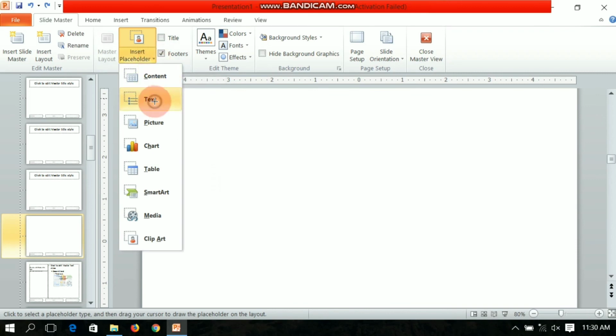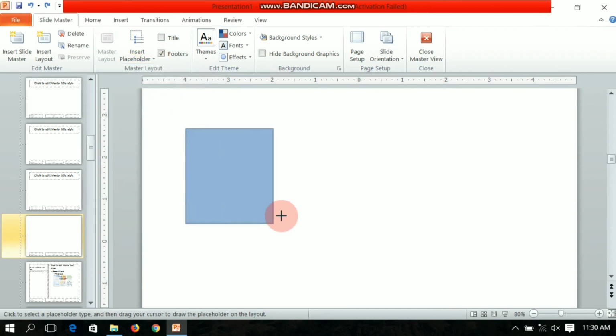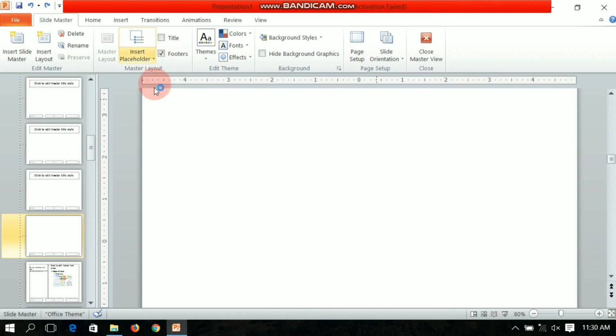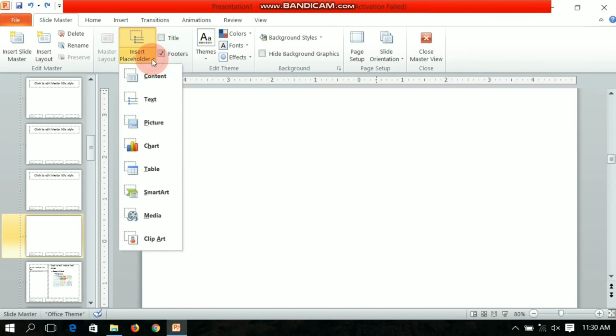Okay, or text, just drag it and you can write any text. Okay, fine, there are many options, you can choose any one of those. Fine, this is how you can choose various things to insert: content, text, picture, anything you want out of these. Fine, and after that you can click on close master view. Fine.